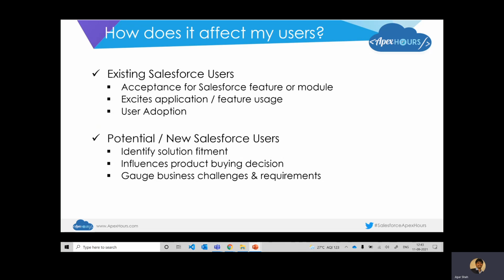The second bucket I want to talk about, which is often at the receiving end of a Salesforce demonstration, is typically people who are deciding, referred to as potential Salesforce users or new Salesforce users, right? You often do a demo with them purely to give them an understanding or identification of how the solution could fit their current business processes. It helps influence a buying decision.